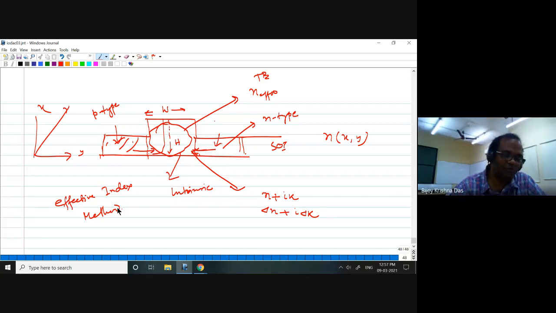So the ray optics picture will fail completely. Whatever ray optics and effective index method picture we have considered so far will fail, because you don't see a real interface, since the refractive index has some kind of gradient. We are now going into practical types of devices where you may not get simple rib structures, and you have doping, and sometimes the material system has a refractive index profile from the surface layer to the bottom layer. In that case you have to use Maxwell's equations directly and try to find out what the solution could be.